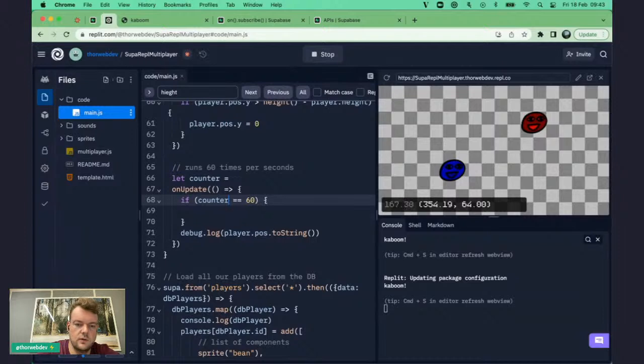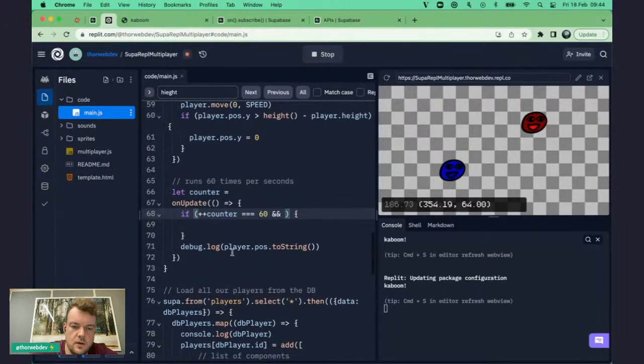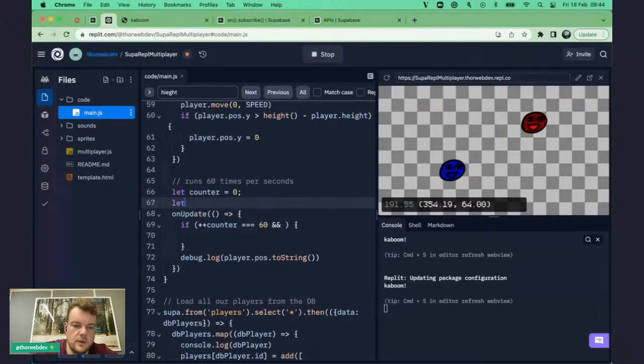Okay, then we should actually do the increment first. And when the counter is 60, we'll also say if the position has changed, so counter is 0, and then we do something like previous position equals,